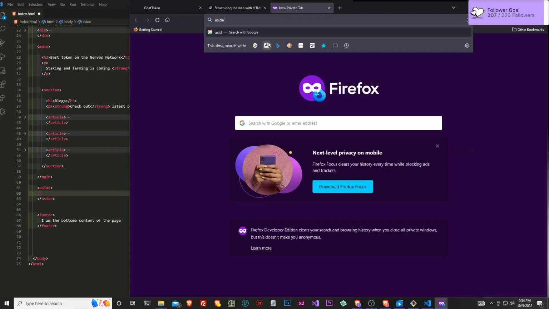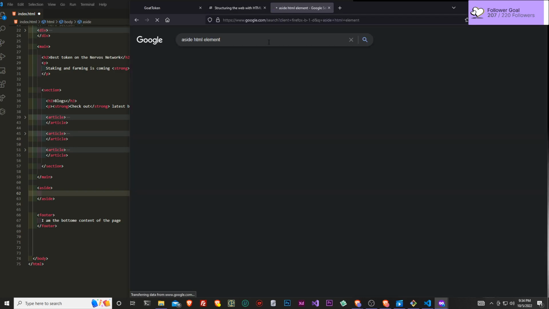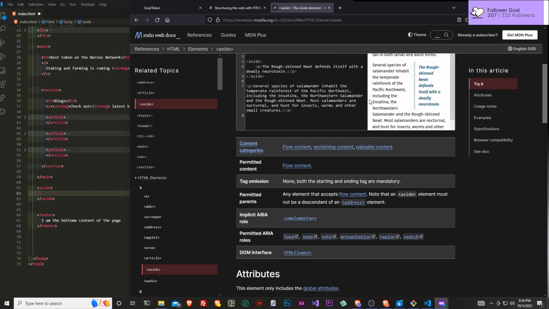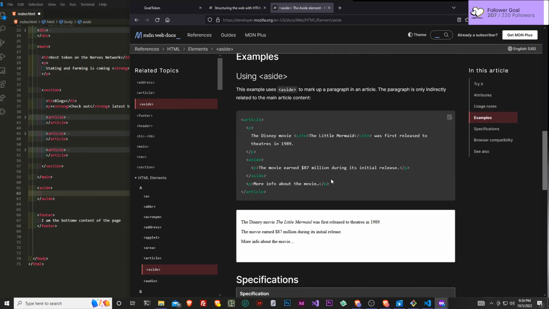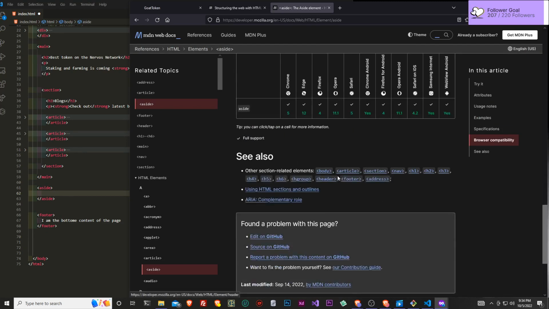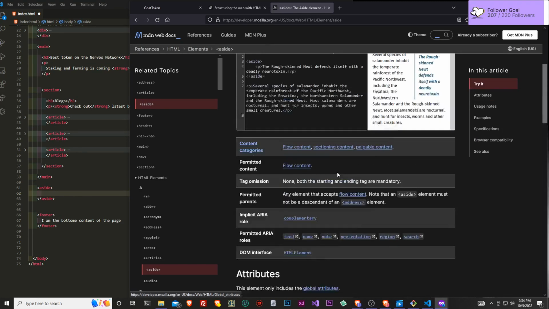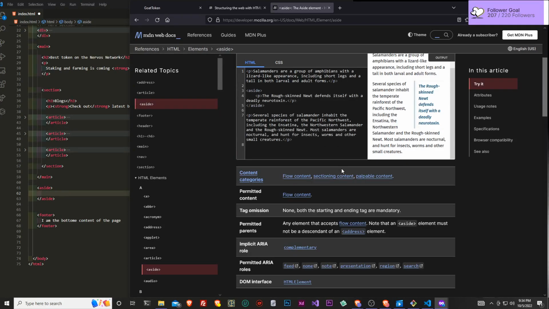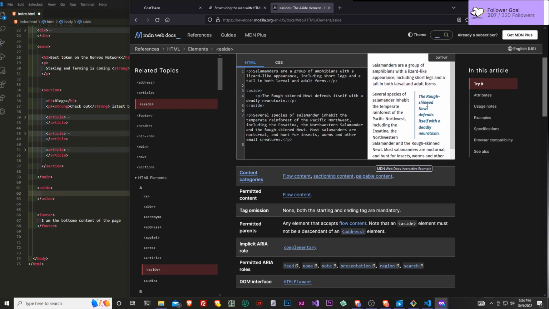Let me just search it up. Aside HTML element. I guess you guys can use it for something like this.